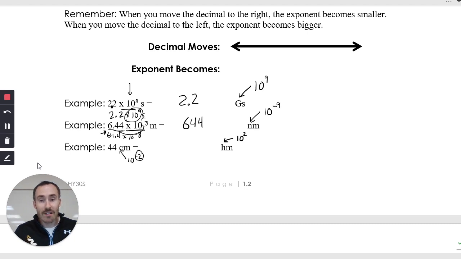Right? To go from negative 2 to positive 2, I need to add 4 10s to that thing, which means I need to take 4 10s from 44. So that would be 1, 2, 3, 4 10s. So that would make it